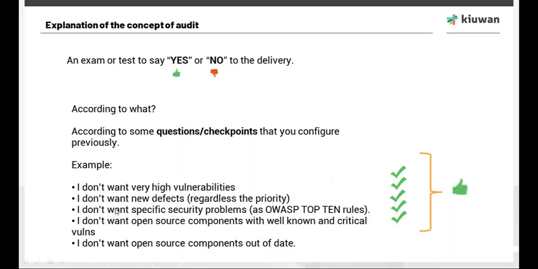Any other examples? I don't want a specific security problem, for example, if we are following the OWASP Top 10 or other standards, PCI or MISRA. Or I don't want open source components with well-known and critical vulnerabilities. I remember some